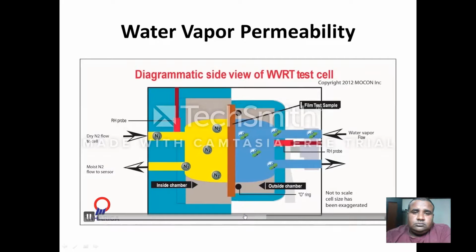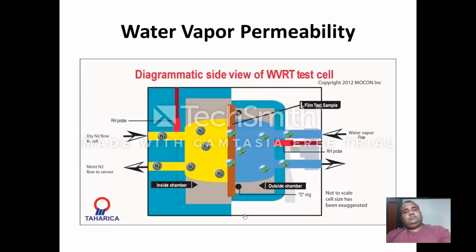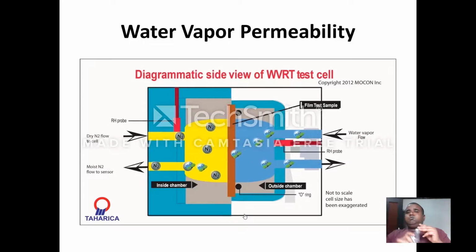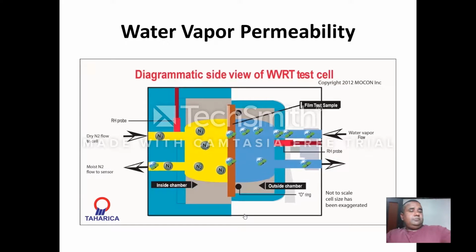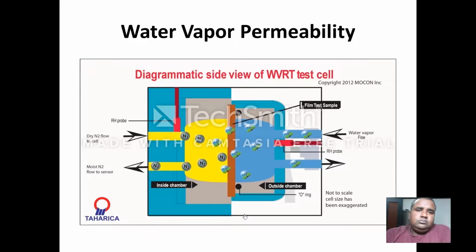The instrument operates as follows. The test sample divides the cell into two chambers, one with water vapor at a constant RH and the other with a nitrogen carrier gas. The available range of RH is fully saturated, 100%, or controlled between 35 and 90%. As soon as the water vapor molecules permeate through the film, they are picked up by the nitrogen carrier stream and taken to the detector. The flow rate of the nitrogen stream keeps the carrier side of the film at virtually 0% RH, thus maintaining a constant driving force throughout the test.